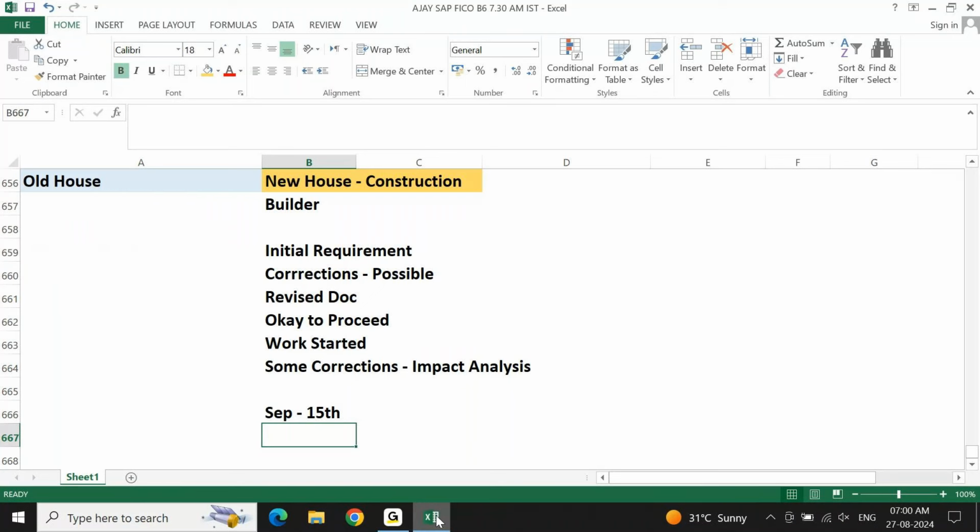Even when you're constructing a house, from the layout, from the plan, it looks different. But at each stage, the appearance of the house becomes different or not? You and I also feel that if it is like this, it will be better. I don't think this is giving a good look, let me change it. Certain changes are possible, certain changes are not possible. What are all the changes which are possible? What are all the changes which are not possible? You need to understand that as a consultant. This is your main key point from your point of view. Without this, it's of no use. You're doing the configuration, but it doesn't make any sense.